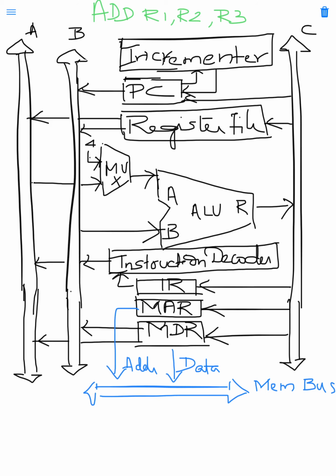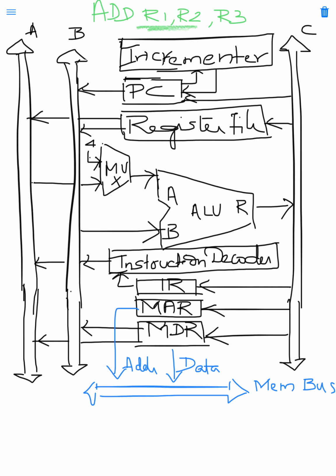Here we can see multiple bus organization with the help of an example, like add R1, R2, R3. So here we know the different components inside the multiple bus organization. Three buses are there. Inputs will be taken from bus A and B, and some outputs will be placed on the bus C. With the current theory knowledge, let us try to write the sequence of control signals for add R1, R2, R3.